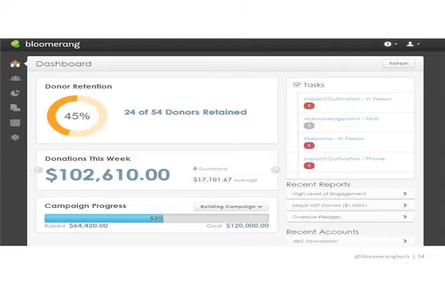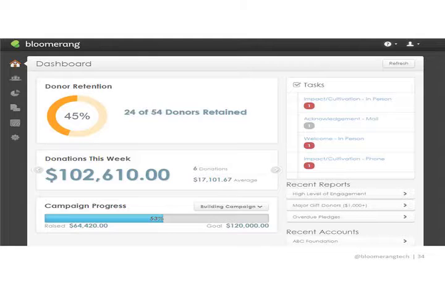And this is the dashboard that comes up. And as you can see here on the upper left-hand corner, what we're looking at is the donor retention rate, and that's the retention rate for exactly going back 365 days for the last year. And for this particular organization, they've retained 45% of their donors from 1 year to the next. So as Sandy alluded to, if you started with 100 people that had made donations the previous year, 45 of them contributed again in the following year and continued that expression of interest and passion for your organization.